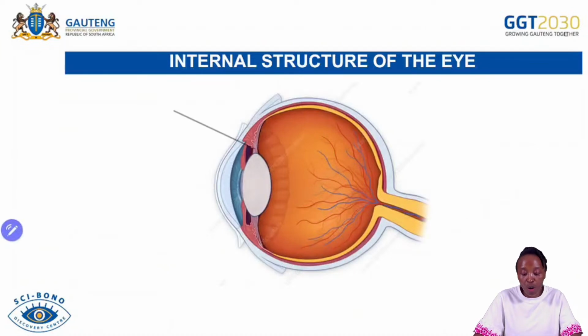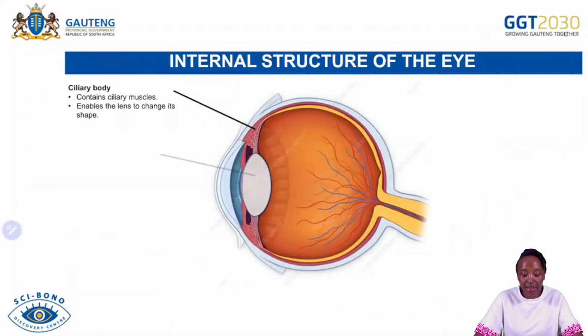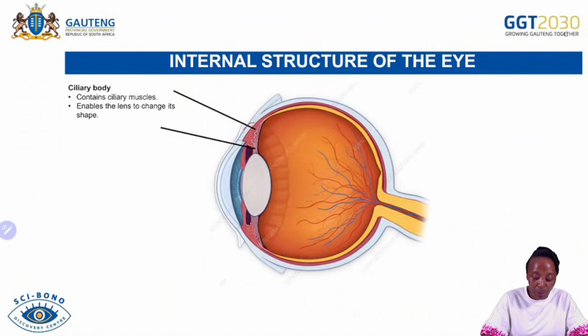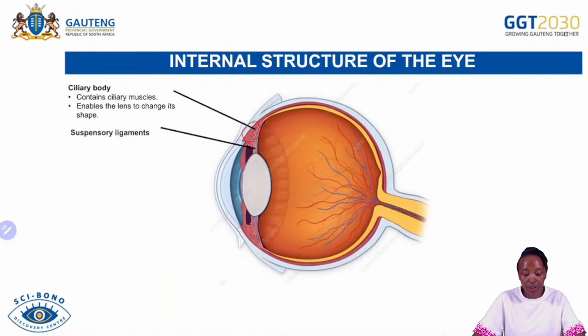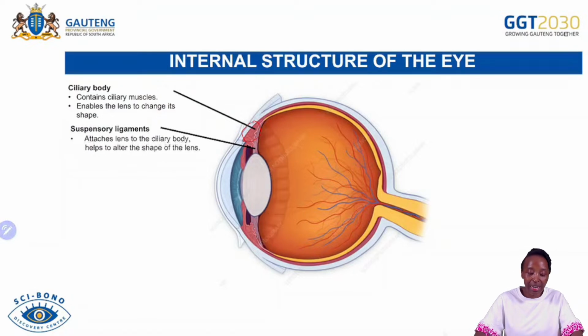And then there's more parts. We were just looking at the outside. And then if we go further into the different parts of the eye, we're looking at the ciliary body, which plays a role in accommodation, and it has the ciliary muscle. So what this does is it allows the lens to alter or change its shape. Then we have the suspensory ligaments, which are attached onto the ciliary body. So these are attached to the ciliary body and the lens,